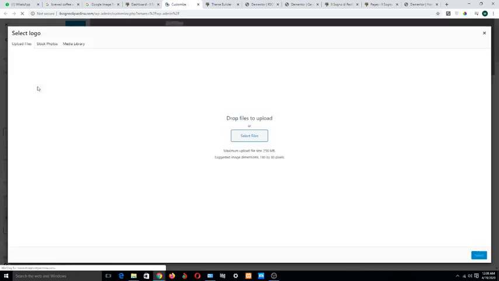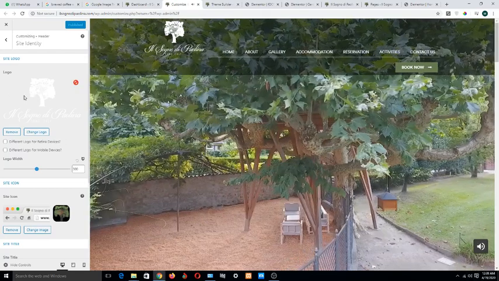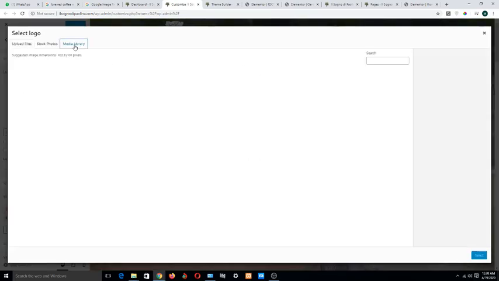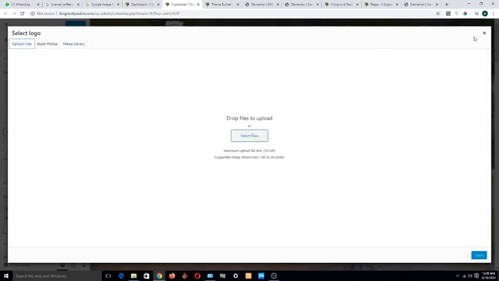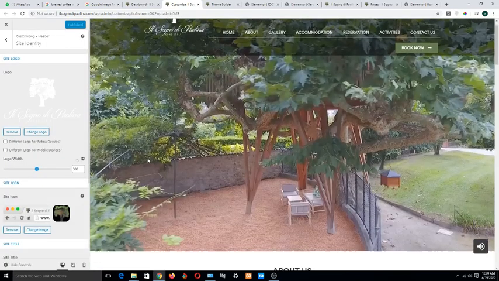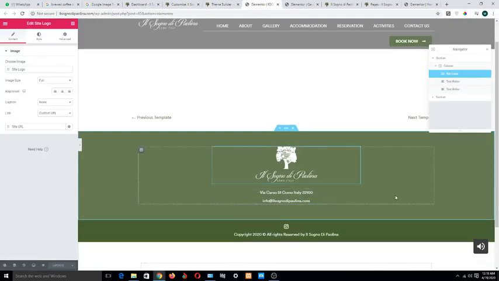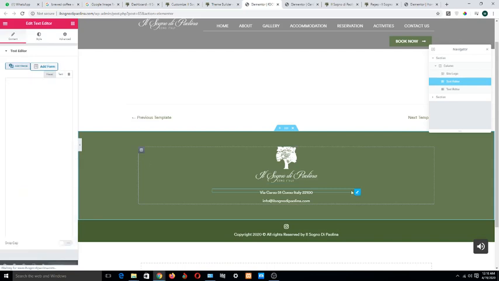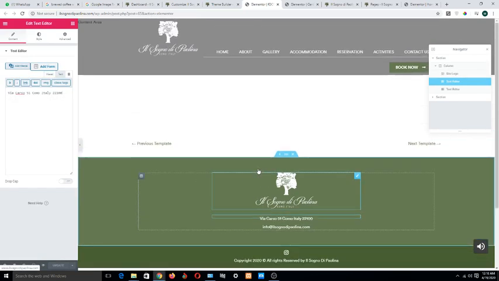Simply click, and from here you can choose the logo from the library, or you can upload it from your computer. And simply you can change the text. Okay, and that's it.